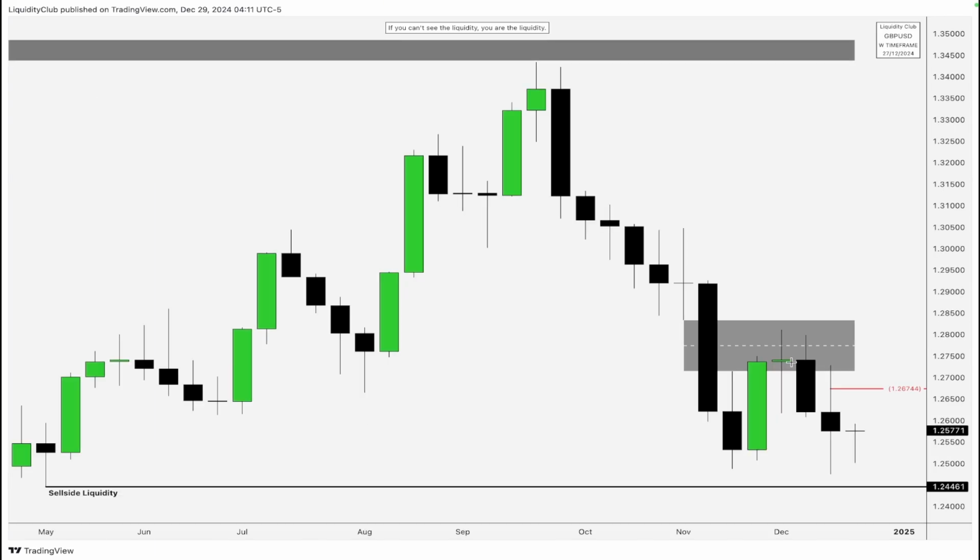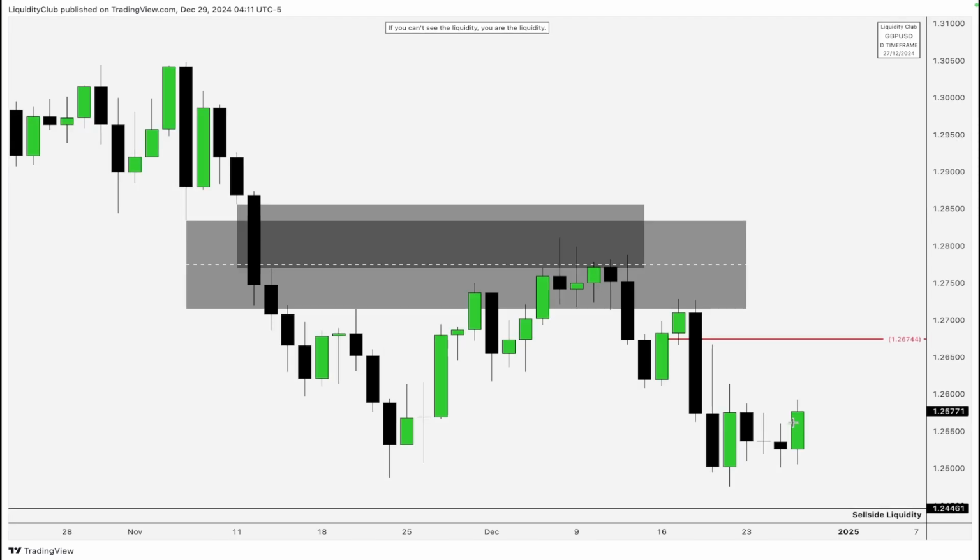Going to Pound USD, also known as the Cable. Here I'm viewing the weekly time frame chart. As you can see, if price wants to continue trading down lower to take out the sell side liquidity, we have the midpoint or the consequent encroachment of that premium wick. Price can retrace towards it, collect some short orders, and then push down lower towards the sell side liquidity. Going to the daily time frame chart, we have a bearish order block here. Price can retrace towards it, then push down lower. That's going to be pretty much it for Pound USD, also known as the Cable.